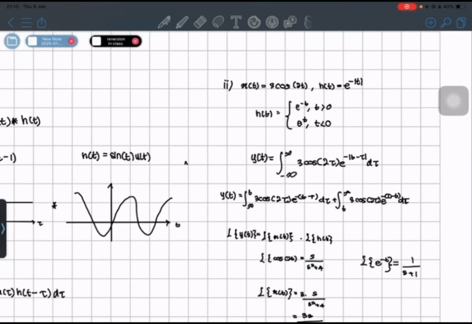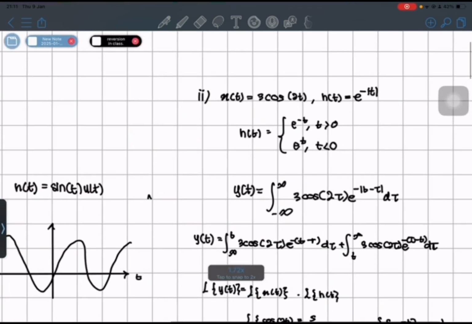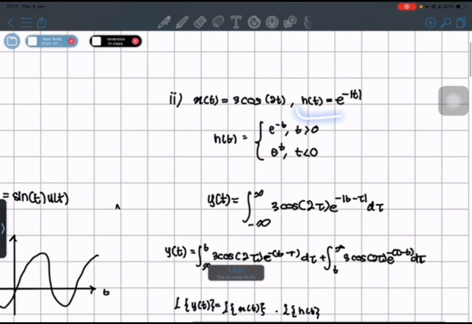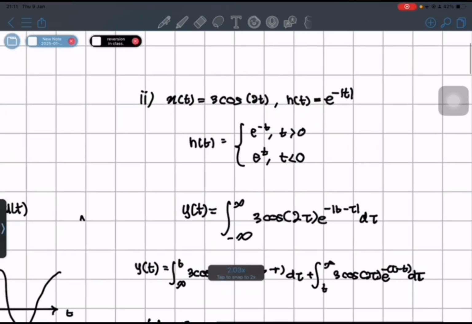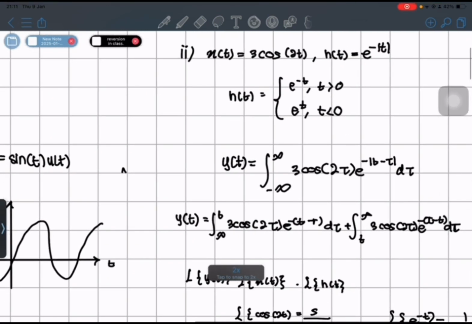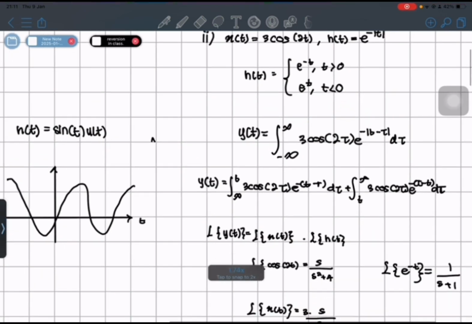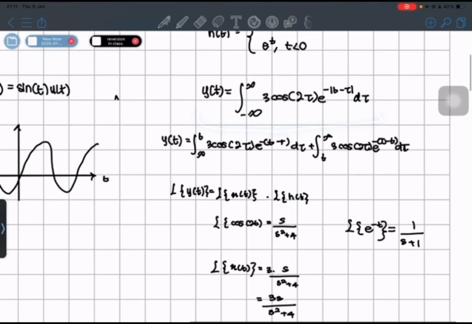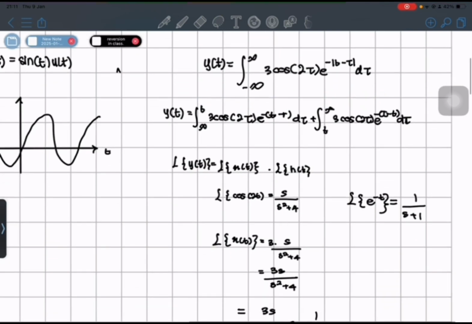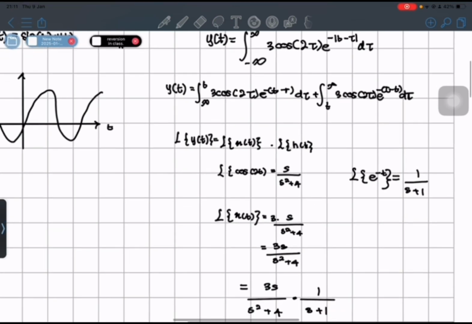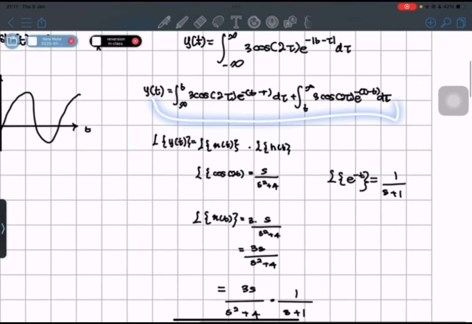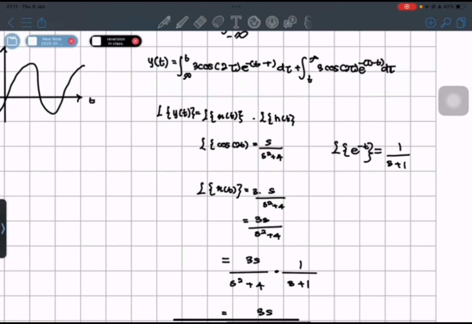Okay, for question 1 2 Roman, we are given xt is equal to 3 cos 2t and ht is equal to exponent negative t. So we change into this form to see the limit, and then we substitute into the convolution integral. So we break it into two cases. Therefore we got these two, and we need to solve this